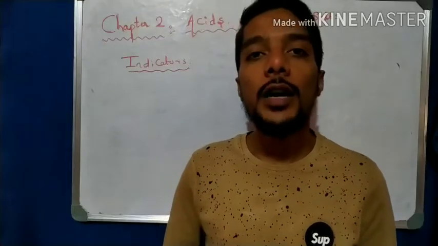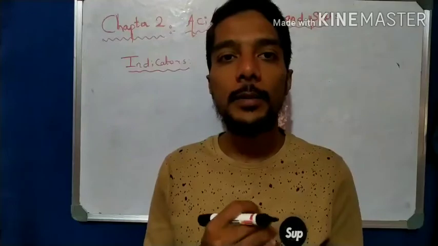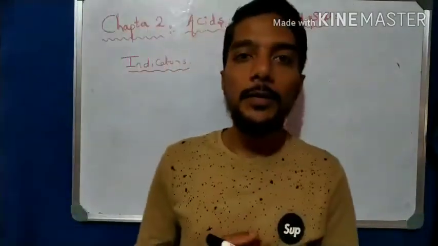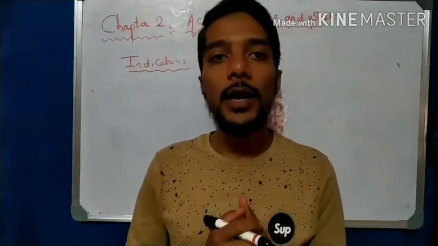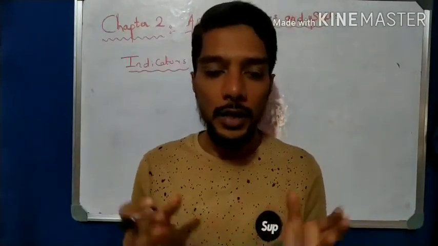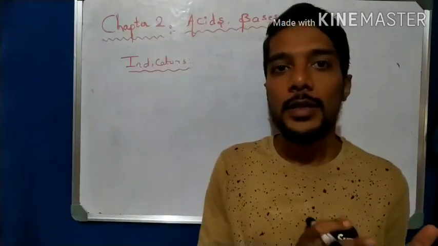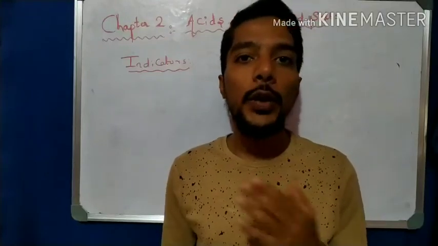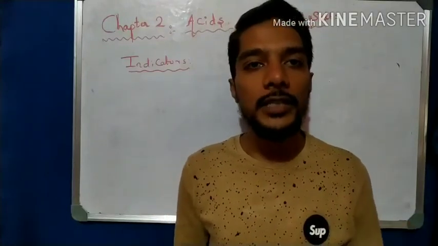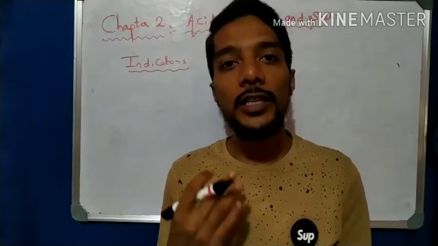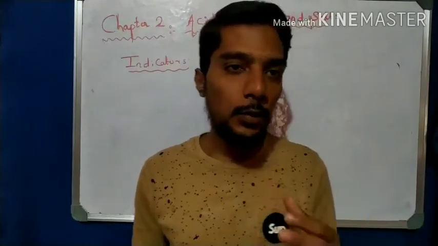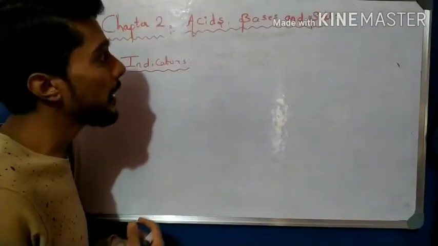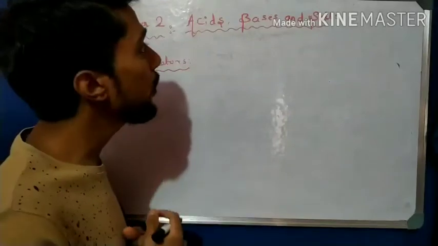In this video, we will learn about another very important concept of the acids, bases and salts chapter, that is indicators. In this concept, we take some indicators which are used to identify substances as acid or base. Indicators work in two ways. One way is by changing the color, and the other way is by changing the smell or odor. Let us go through the indicators one by one, which are used to categorize substances into acids and bases.